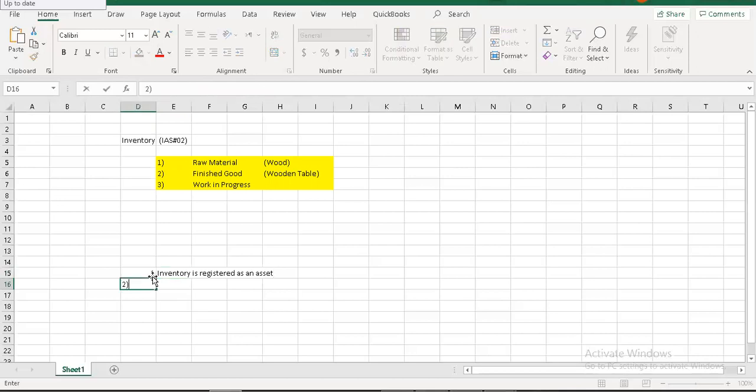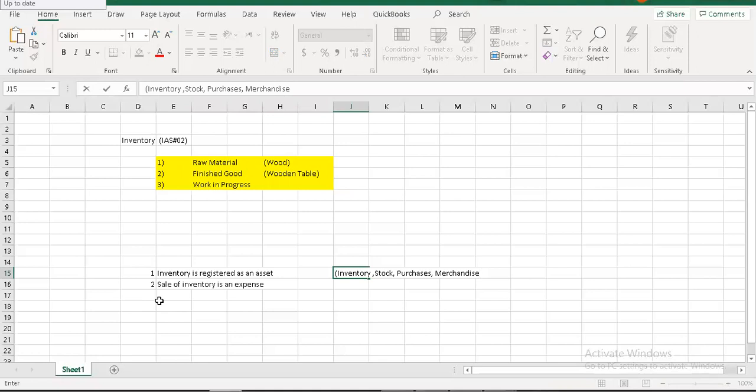Whereas whenever we sell this inventory, the sale of inventory is considered as an expense. So my dear friends, the account that we use in our accounting records in order to record inventory is normally the inventory account or the stock account. And sometimes if we use the periodic system for recording inventory, we can also make use of the purchases account. In some countries, inventory is also known as merchandise, so we can also make use of the merchandise account, etc.